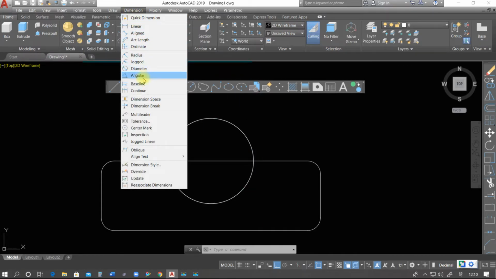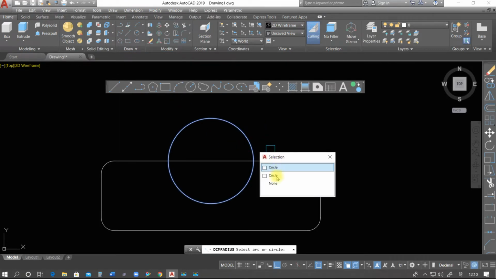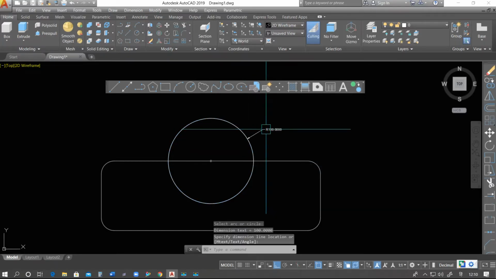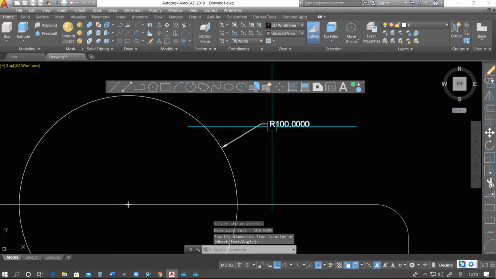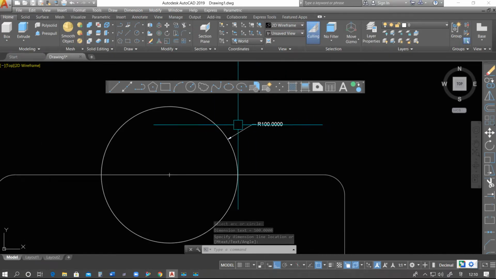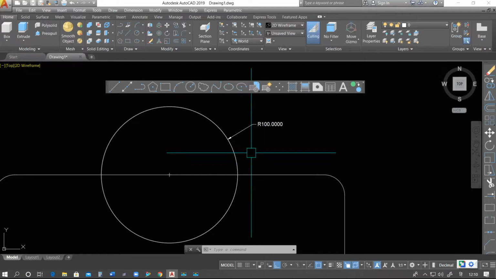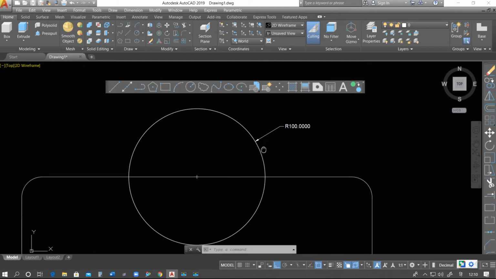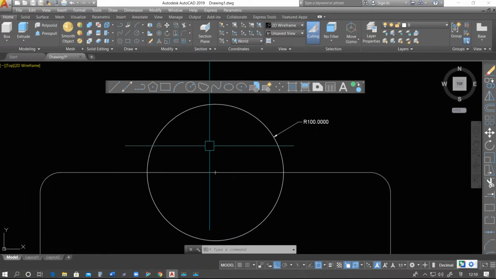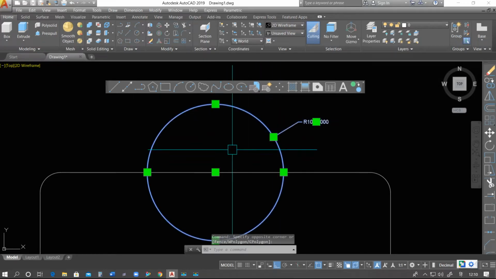Select first dimension. Here is the option radius. Select here. We have two circles. Okay. So as you see, we have radius 100. That means, sorry, I had taken diameter as 200. If radius is 100, then diameter will be 200. So this is how to use radius and diameter.